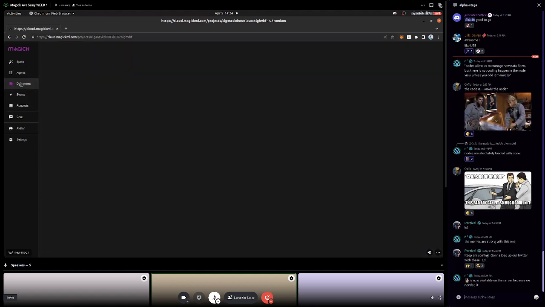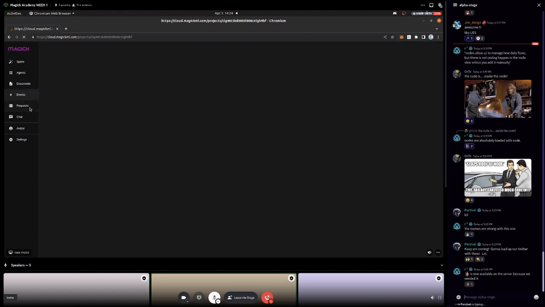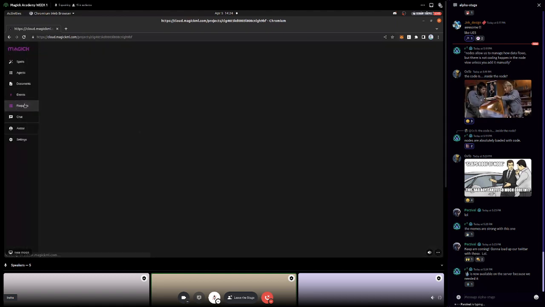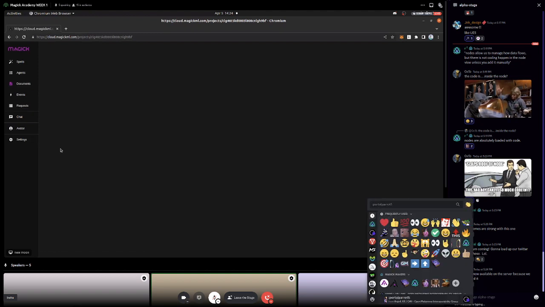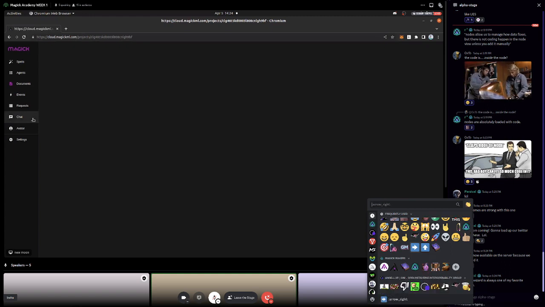Documents, we're not going to cover documents because it's currently alpha. That's a new feature for us. It will be searchable and indexable. It looks like our documents, events, and requests are not working right now. That's fine. A couple of new features which we have, which we're developing, are enabled but not officially supported yet.